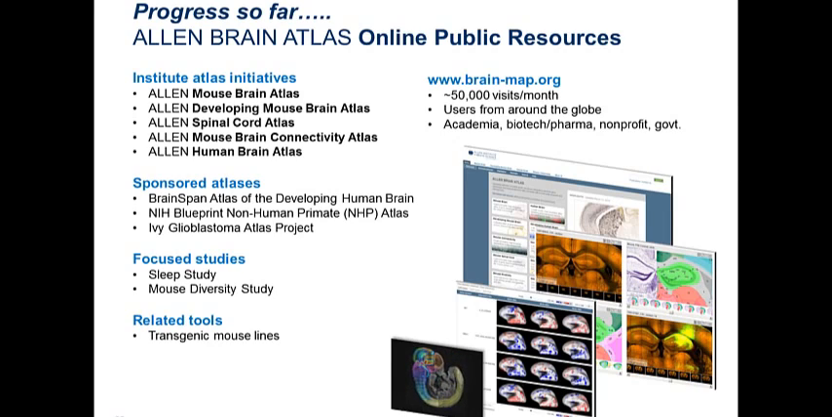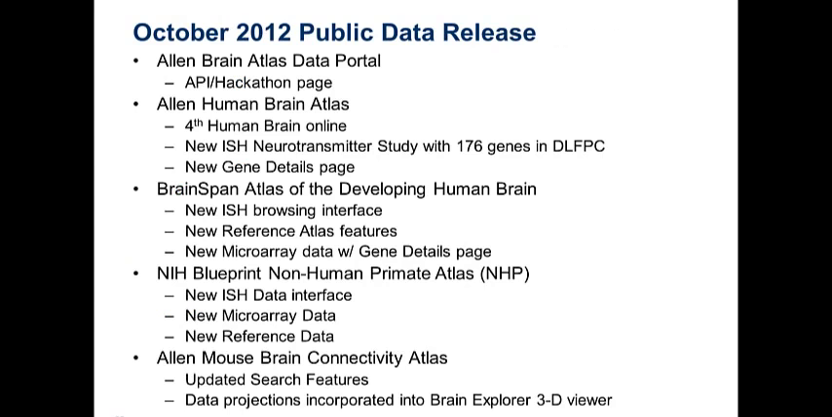We have a non-human primate atlas and an Ivy Glioblastoma atlas. And then there are smaller focus studies, the sleep study and the mouse diversity study. We also have transgenic mouse lines that are available for the community to use that are distributed through Jackson Laboratories. I'm not going to be talking about all of these different resources. There's a way for you to get in touch with me if you're interested in a particular one that we don't talk about. In this particular data release,